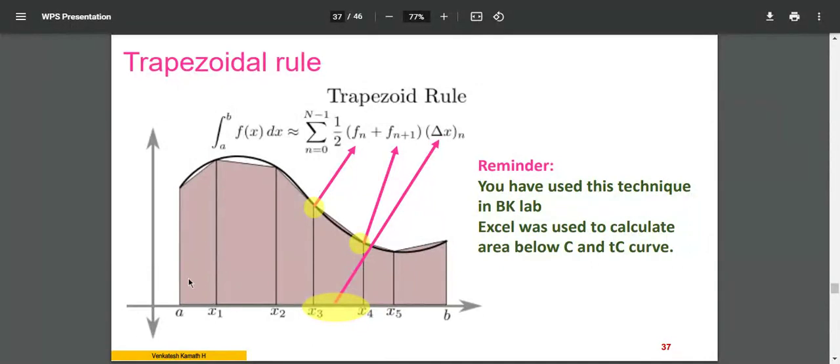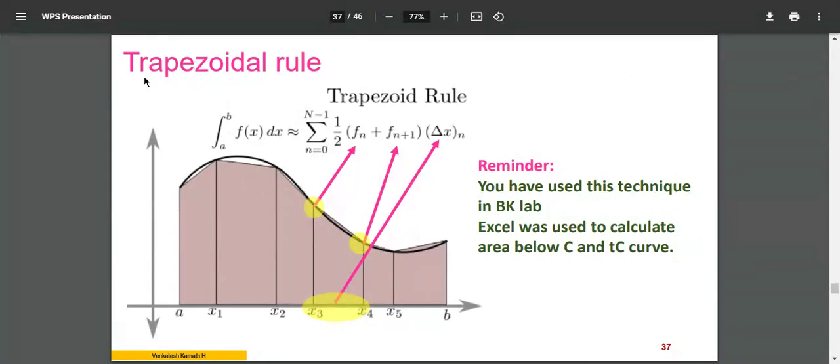Okay, so if this gap, a to x1 to x2, is very large, there will be error, but the calculation will be small, because you can see 1, 2, 3, 4, 5, 6 segments you have to do the calculation. Whereas if you shrink this gap, a to x1, and within this small section you have another 10 subsections, the number of calculations increases, maybe 100 segments are there, and all 100 calculations you have to do. The calculation increases, but the small gap you see here you may not see, so the error reduces. Okay, so now let us jump into the concept.